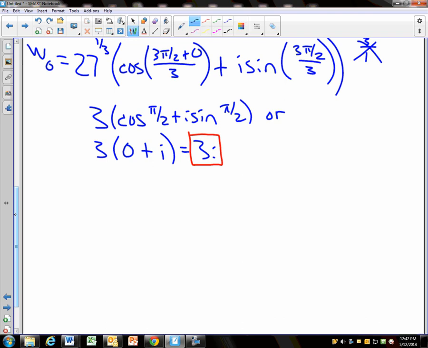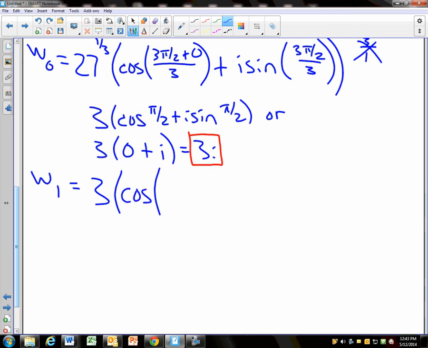Ramp up. Get ready. 2 more. We just did 0, right? Now we've got w sub 1 and w sub 2. We start with r to the 1 over n. What's r to the 1 over n going to be every time? 3. Ooh, that saves some time. Times the cosine of